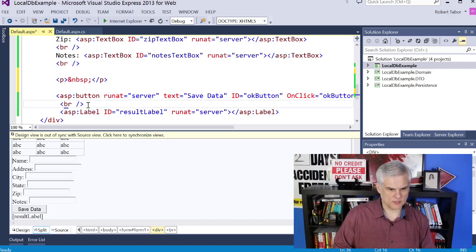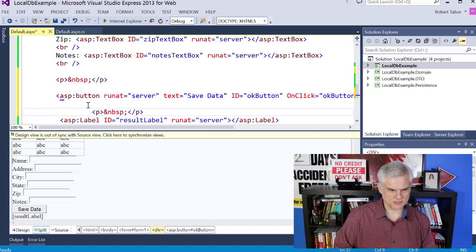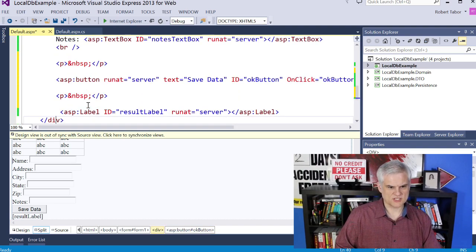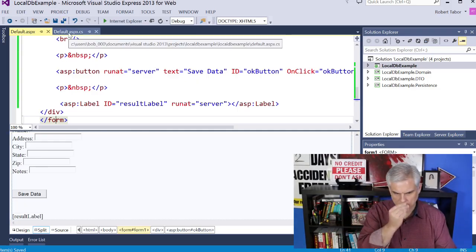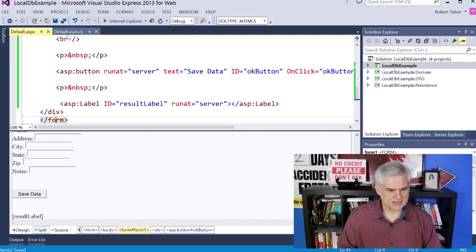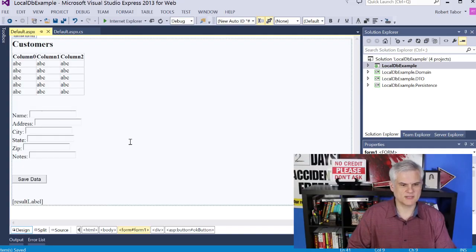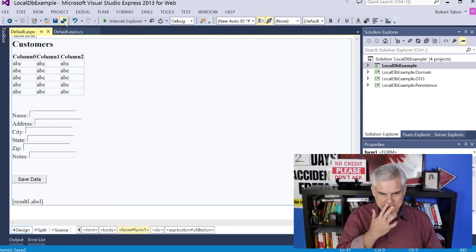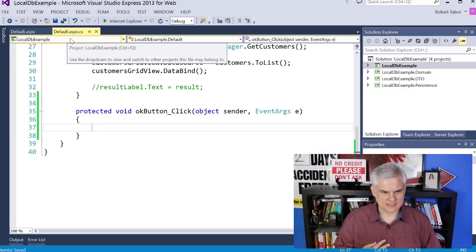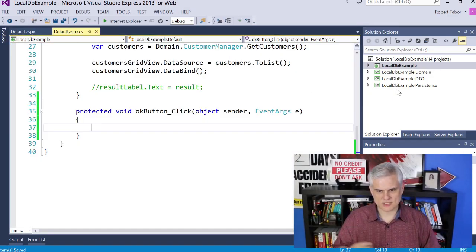We'll also go ahead and put one between the button and the label. And the only thing we're going to do with the label is just to state that it was saved successfully. And we may not even need that. It just depends on where we go with this. And I'm not sure that these additions made the form all that more attractive, but at least now it's not all scrunched together. So, given that, let's go ahead and what we'll ultimately want to do is make a call